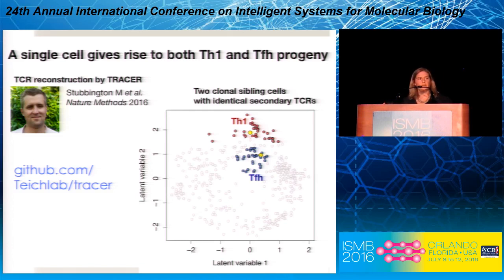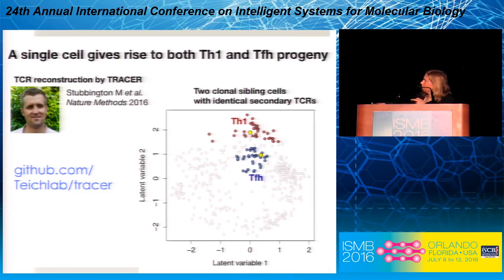And basically, as you're probably aware, in T cells and B cells, we have somatic recombination that takes place in the thymus. And so the precursor naive cells all have different barcodes of this CDR3 region in the endogenous alpha and beta chains. And so the cells that derive from the same naive precursor cell will have the same alpha-beta combination. And a few months ago, Mike Stubbington and my group published a paper with a pipeline for reconstructing the